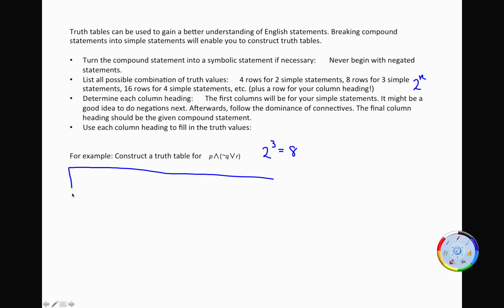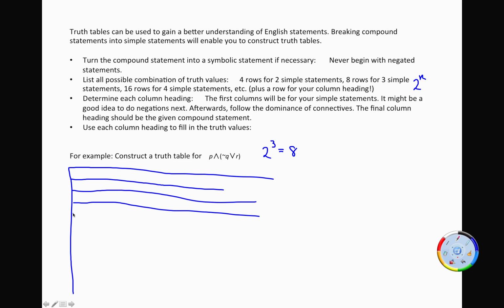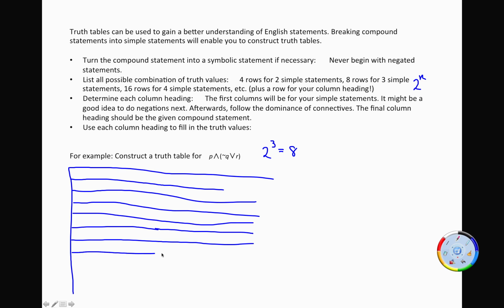Alright, so here's my heading column. Let's do my heading. And then I'm going to do 1, 2, it's going to look like a flag instead of a table, 3, 4, 5, 6, 7, 8. Alright, now I'm going to have a